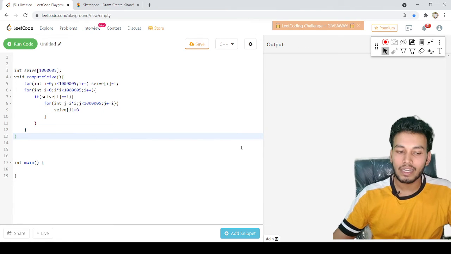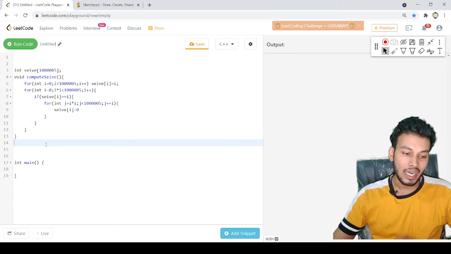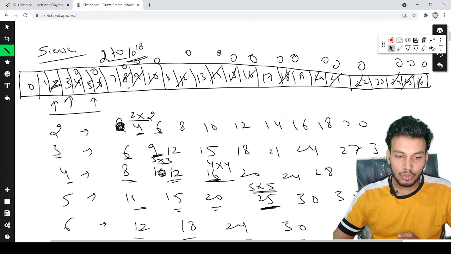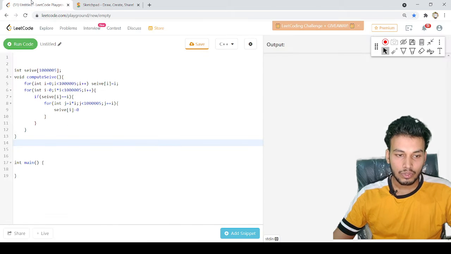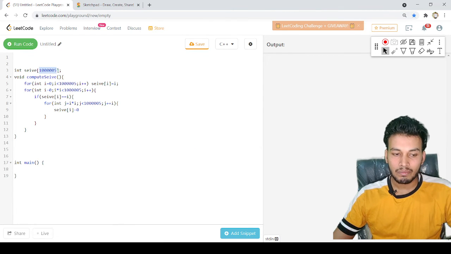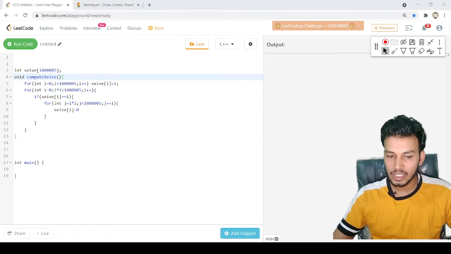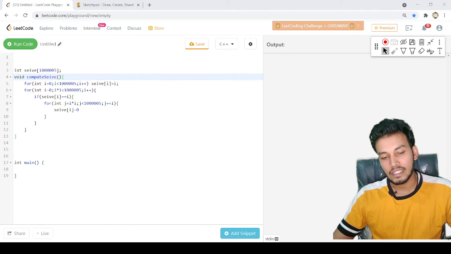So my sieve array will be prepared, right? Now, if you remember, in our question the constraint was we need to print all the primes from 2 to 10 raised to power 18, right? But the maximum size allowed for an array, I guess I already told you, is what? Anything you can think of on how we can resolve this? Just give it a pause for 1 minute and think, with the same sieve logic, how we can do this up to 10 raised to power 18.